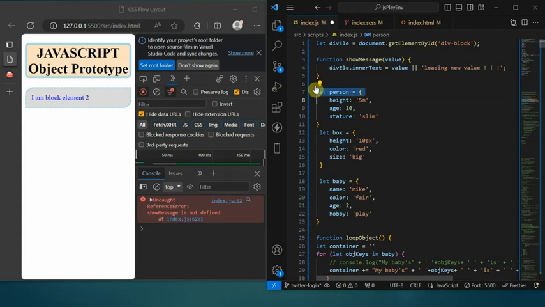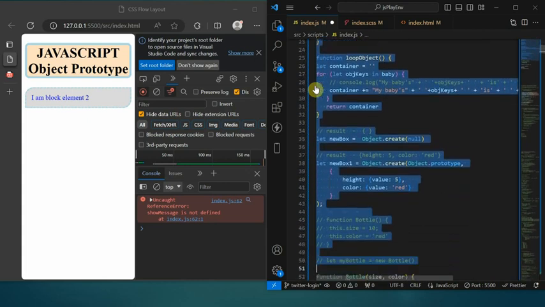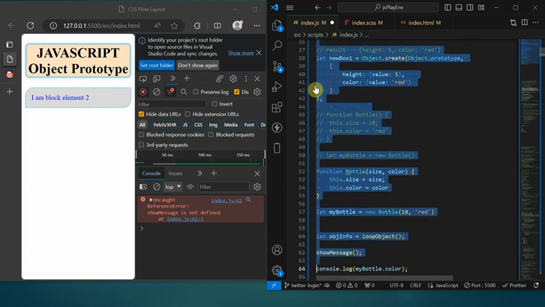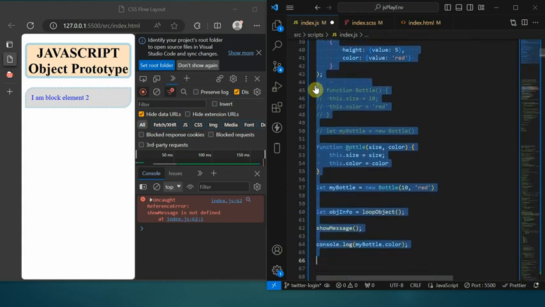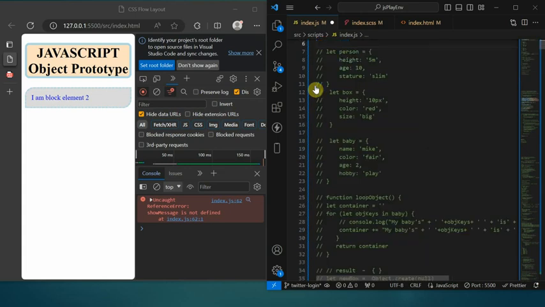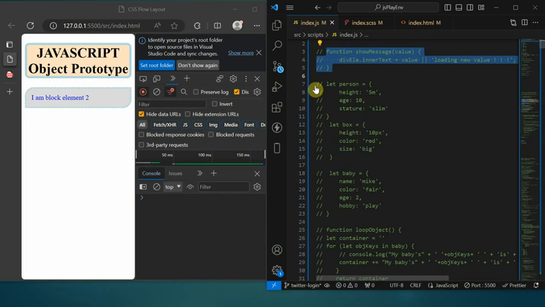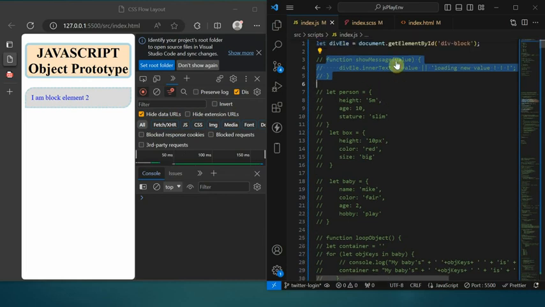Let me comment out all this so that it will be a bit clearer and you will not be confused. All right, this is the last part of it. Good. Yes, here we are. I fixed all this code here so that I don't spend much time typing. So here it is. When I got the div, I saved it in a variable, which is divElement. Then I created a function here